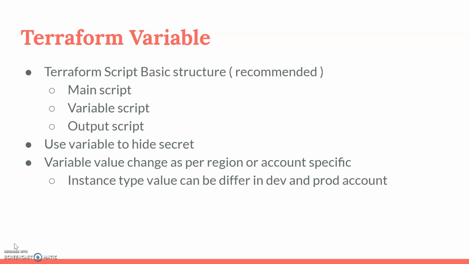So why is a variable required? Because in some cases the region gets changed, and in some cases the values differ across accounts, for example a production account having a different instance type, or a QA or dev account having a different instance type. So we have to use variables, which will pass the value based on your account and based on your region. So the condition should map with the proper case.